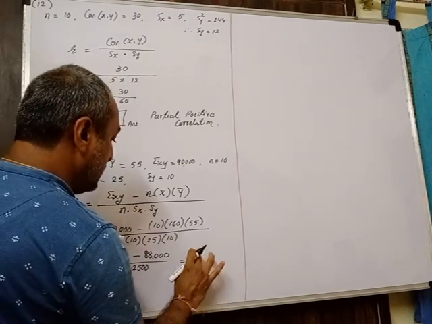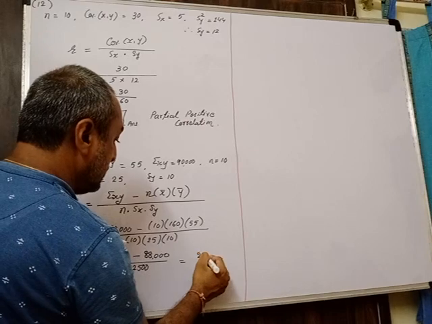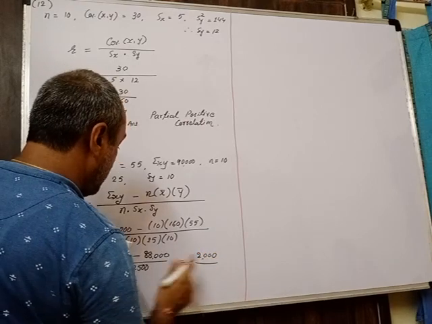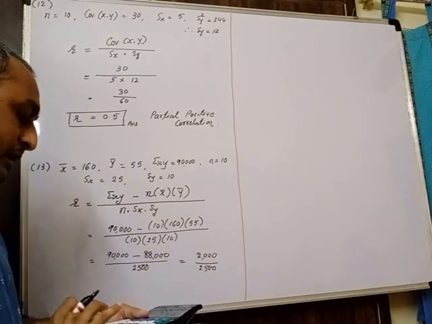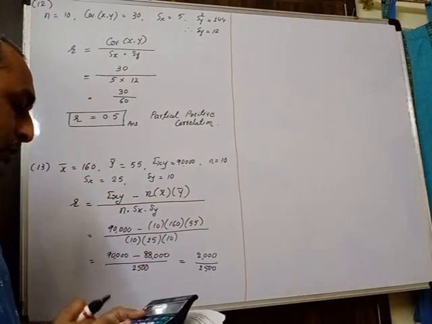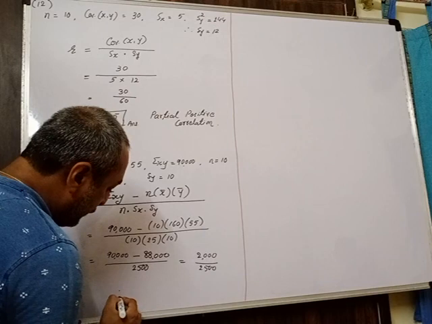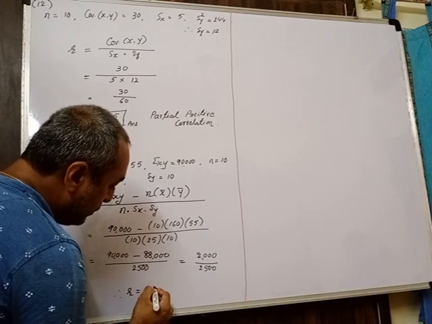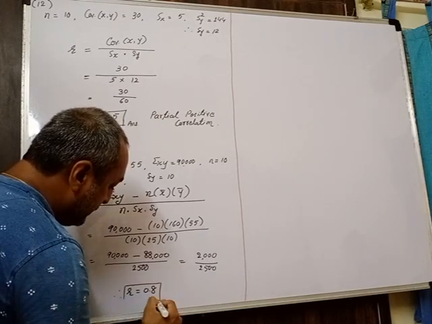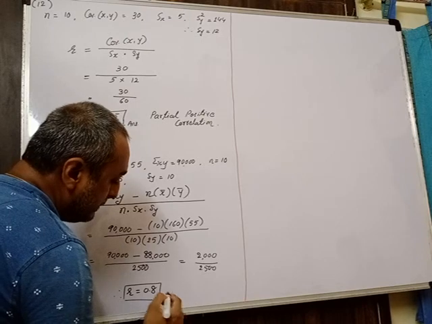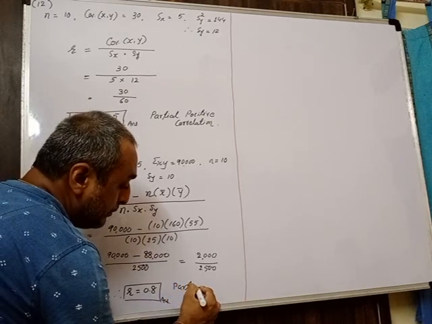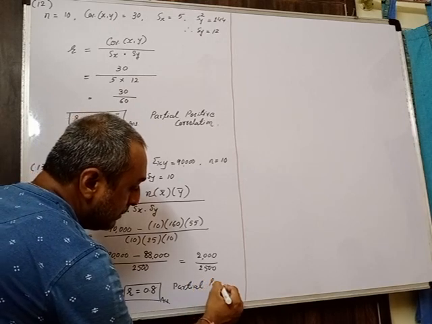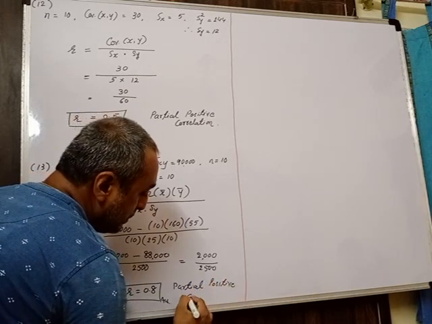is 2,000, divided by 2500. So 2000 upon 2500, that will be your correlation coefficient R. Therefore R is equal to 0.8. This is your answer. And again 0.8 means the type of correlation will be partial positive